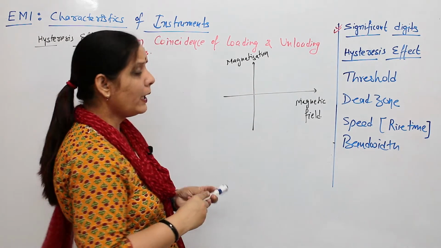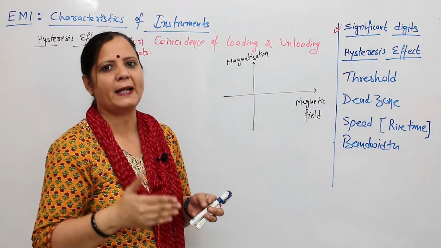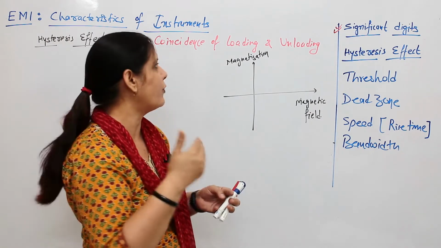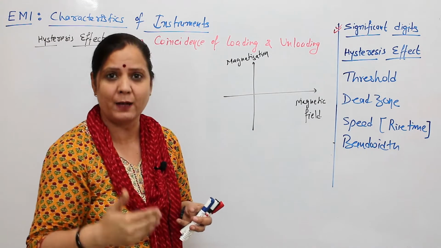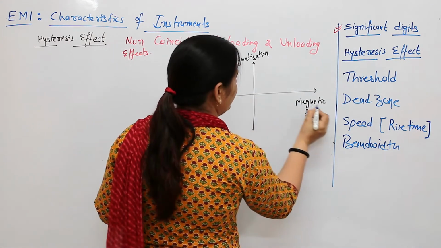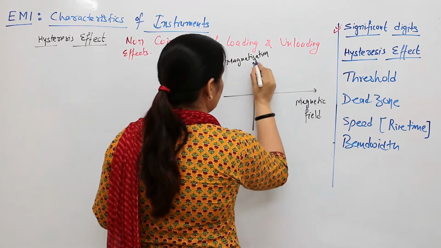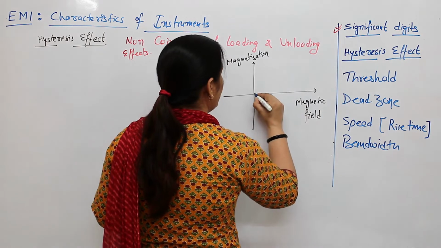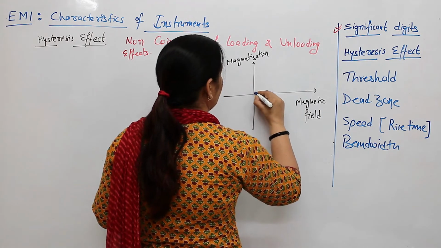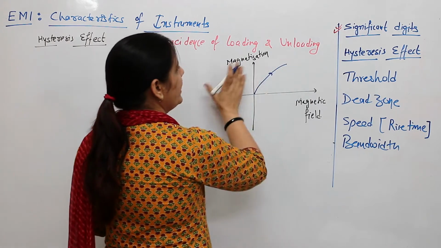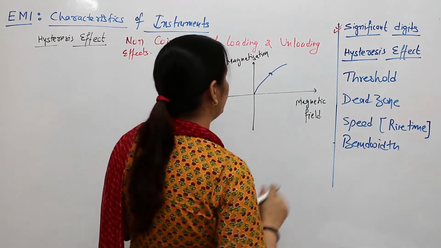It starts to reflect some magnetic properties that will be defined as the magnetization of the material. And when you start to remove the applied magnetic field, the reverse process or the removal of magnetization is not the same as it started. Okay, so if you apply the magnetic field, initially it was reflecting zero magnetization. As you increase the magnetic field, your magnetization is increasing like that. Okay, this is the loading curve or loading effect of magnetization of ferromagnetic material.